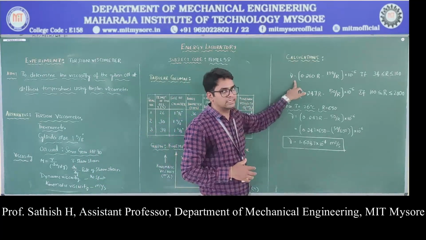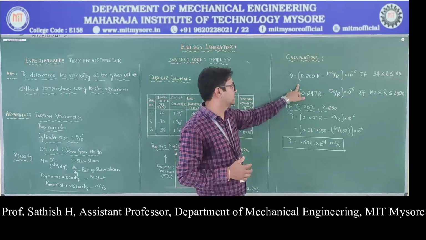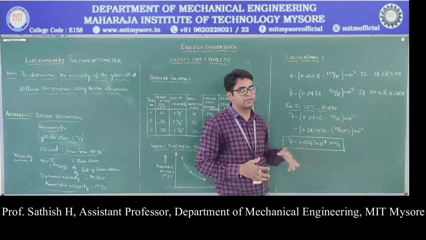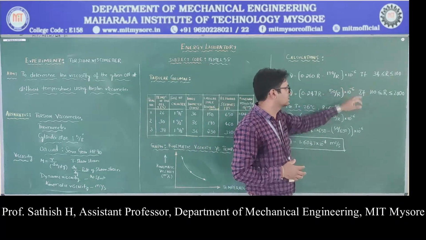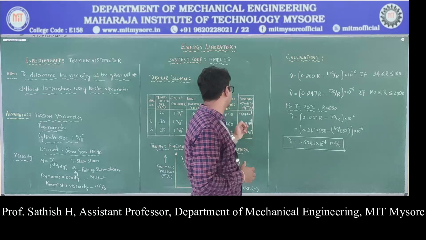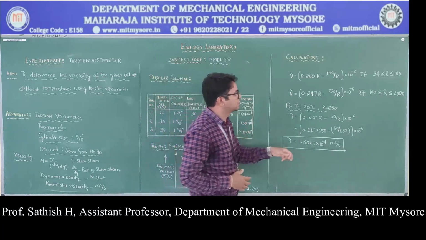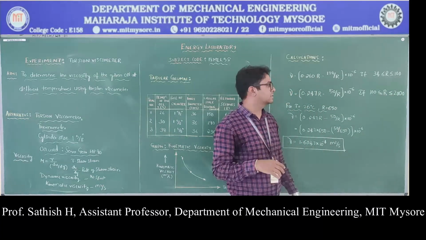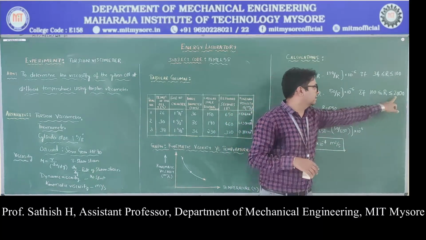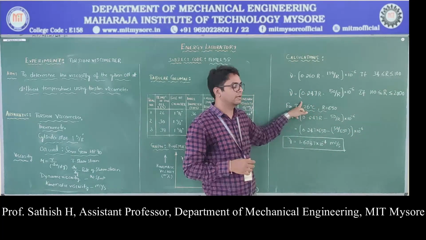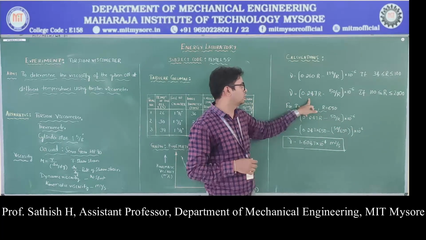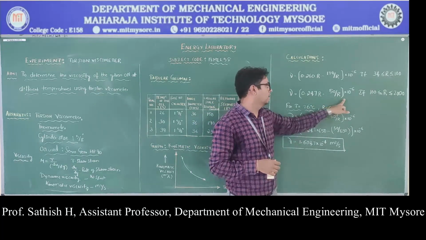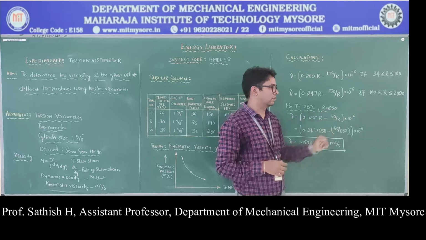So this mu, that is a notation for kinematic viscosity, which is equal to 0.260 into R minus 179 divided by R into 10 to the power of minus 6. What is R here? It is the Redwood seconds, which lies between 34 and 100. If R lies between 100 and 2000, we are supposed to use this formula, that is given by mu is equal to 0.247 into R minus 50 divided by R multiplied by 10 to the power of minus 6.